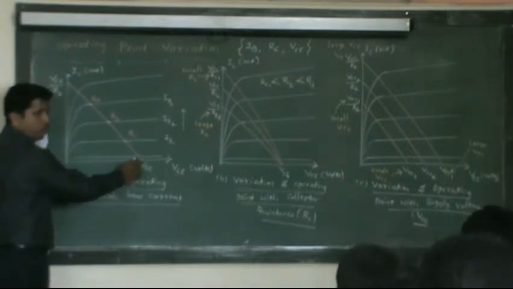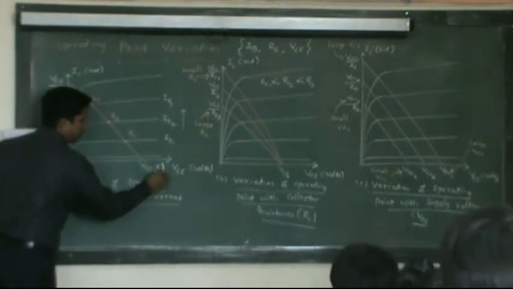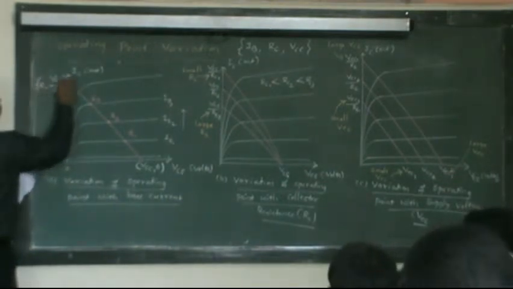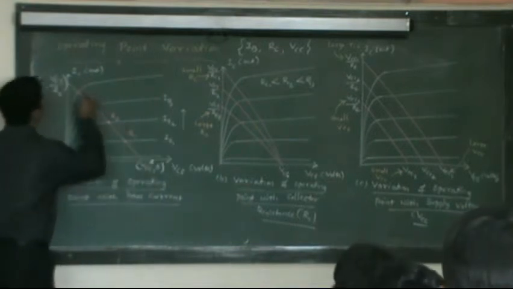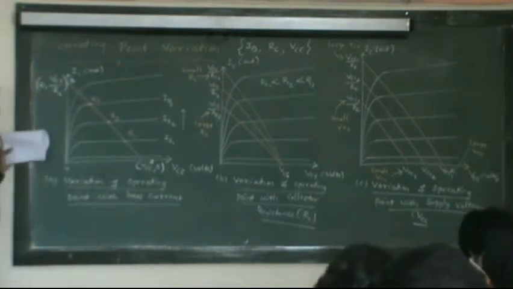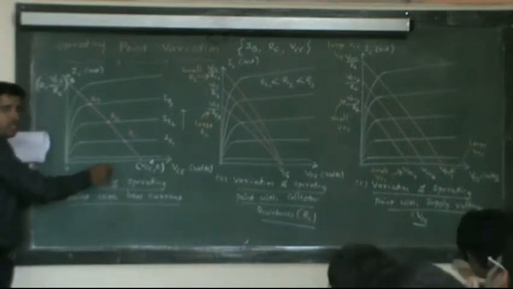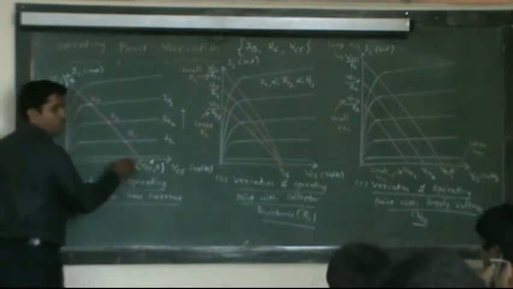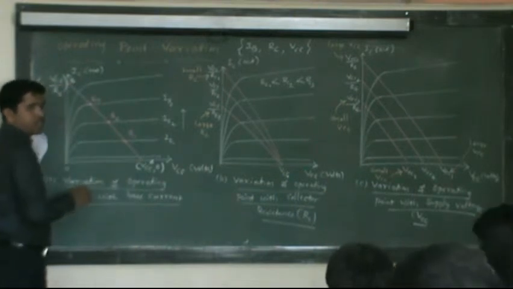And this point, you know how we obtain it. This is VCC comma 0, and obviously this is 0 comma VCC over RC. You can indicate this point as point A and this point as point B. These two points we obtained from the output DC equation of the common emitter characteristics. This is called a load line. So right now we are doing load line analysis of the fixed bias circuit.